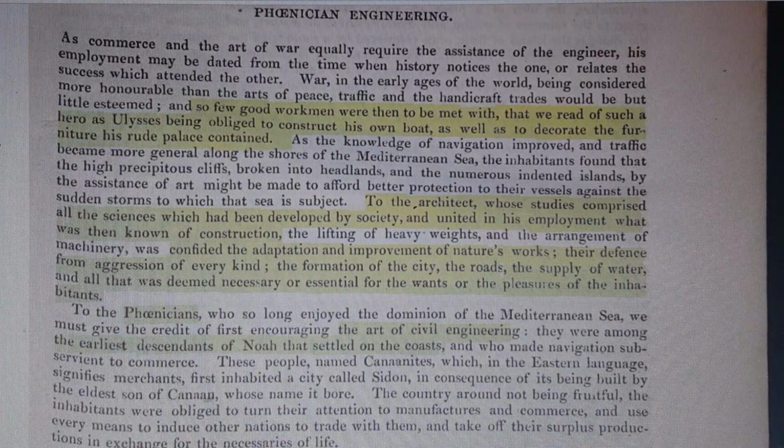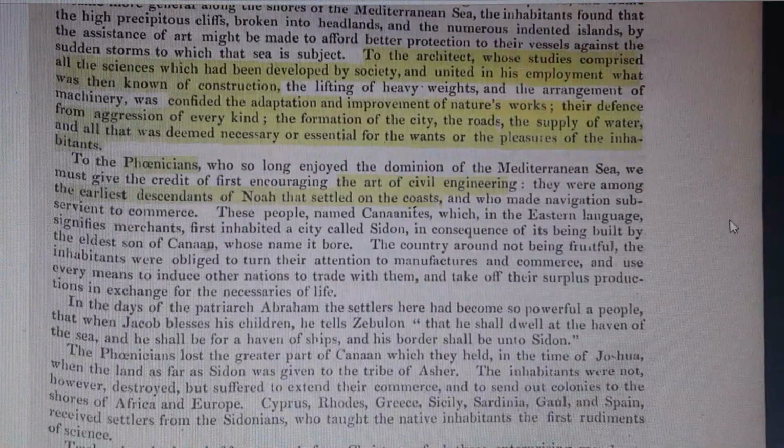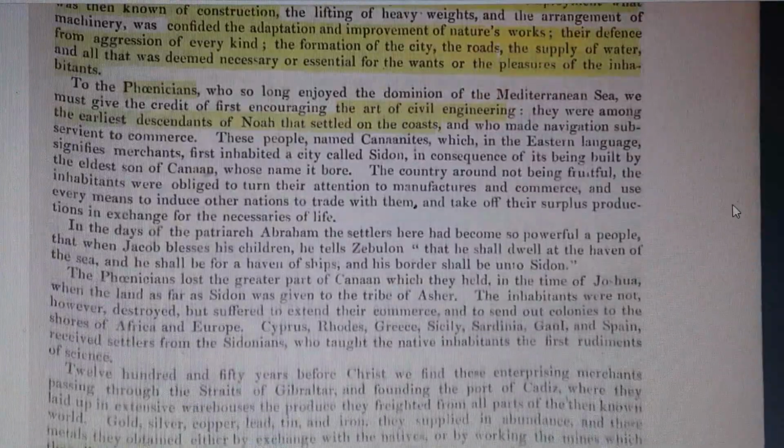To the architect, whose studies comprised all the sciences which had been developed by society, and united in his employment what was then known of construction, the lifting of heavy weights and arrangement of machinery was confined in adaptation and improvement of nature's works. Their defence from aggression of every kind, the formation of the city, the roads, the supply of water, that was deemed necessary or essential for the wants and pleasures of the inhabitants.